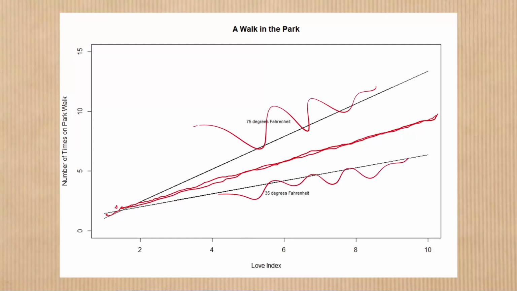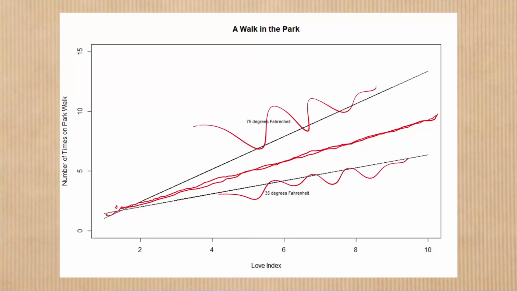That is, we're ignoring that there's an interaction of temperature and love on the number of times couples are in the park. So because we're ignoring that, when we answer what is the main effect, we would give a value that doesn't make a lot of sense. It might be a value that would apply for some temperatures, something between 35 and 75, but it would not be the correct value for when it's 75 degrees out, and it would not be the correct value for when it's 35 degrees out. Why? The answer: it depends. It depends on the temperature.